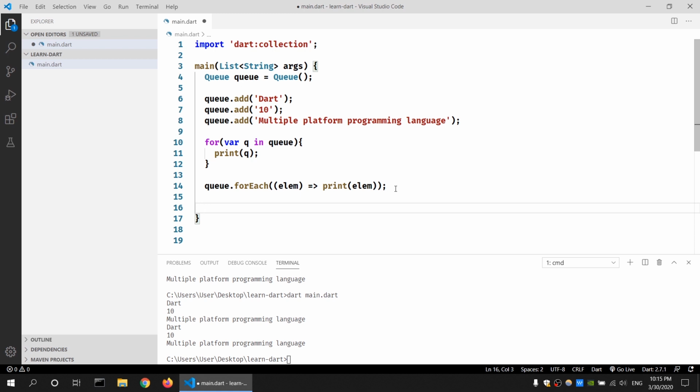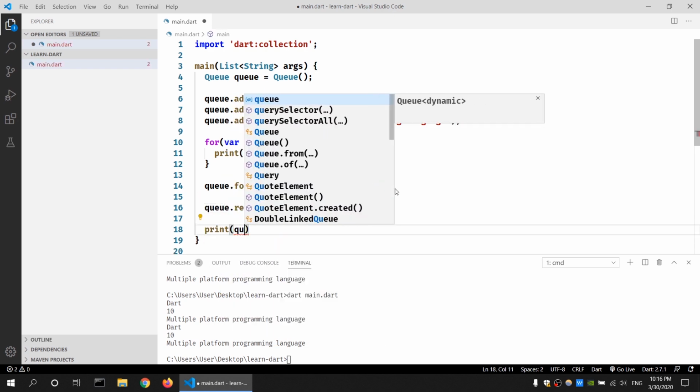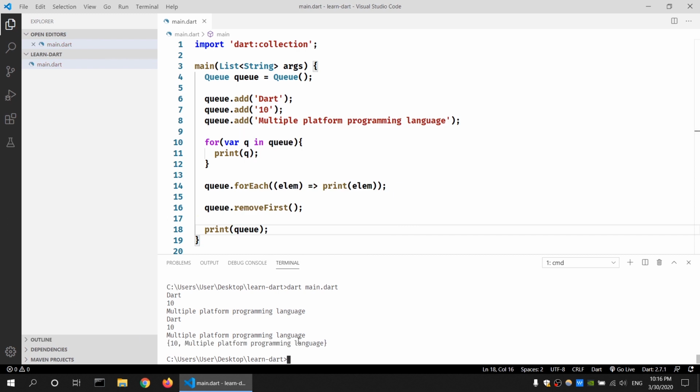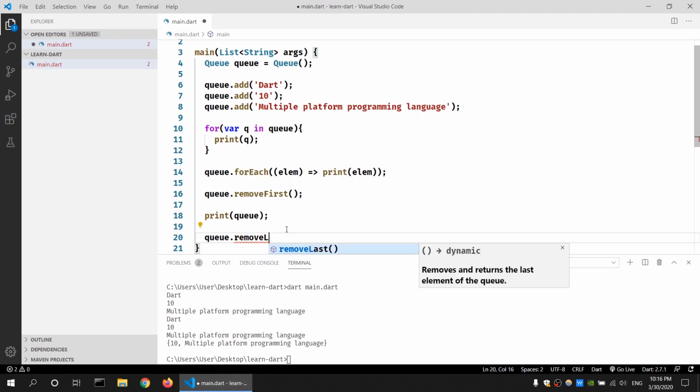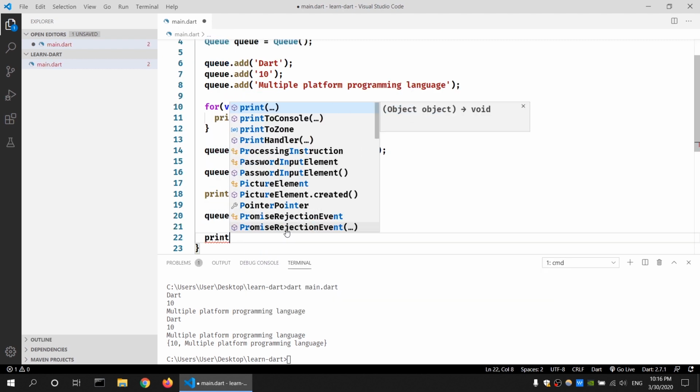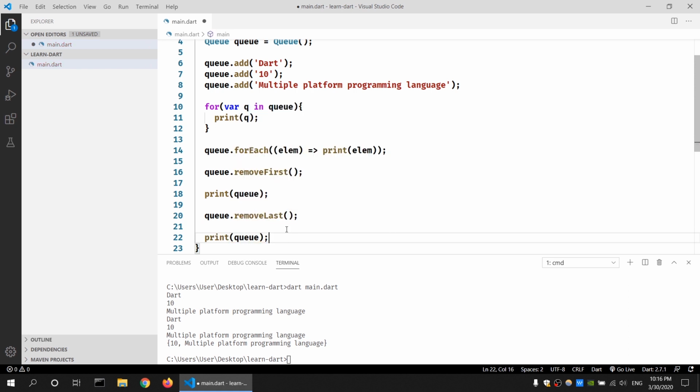We say that a queue adds an element from one end and removes it from the other end. So I can do queue.removeFirst() and print queue. As you can see, the first element, which is Dart, is removed here. Or we can also use queue.removeLast(), and we can print queue, and then we will be left with